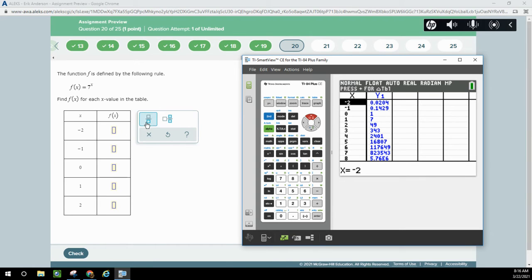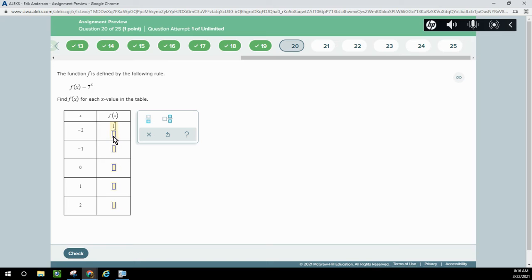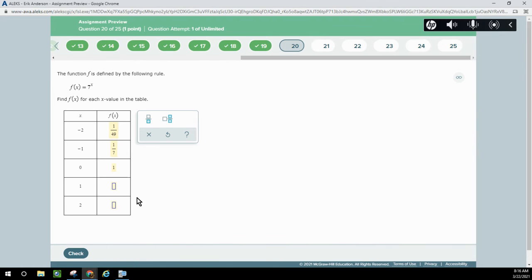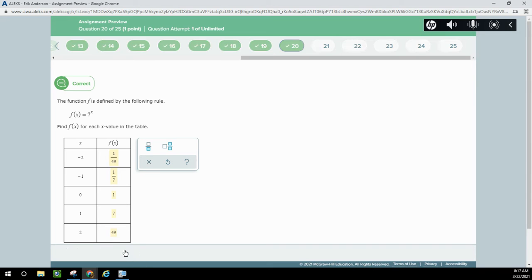7 to the negative 2 would be 1 over 7 squared, which is 1 over 49. 7 to the negative 1 would be 1 over 7. 7 to the 0 is 1. 7 to the 1 is 7, and 7 squared is 49. So the building blocks for graphing, first we use the table. And then in the next one,